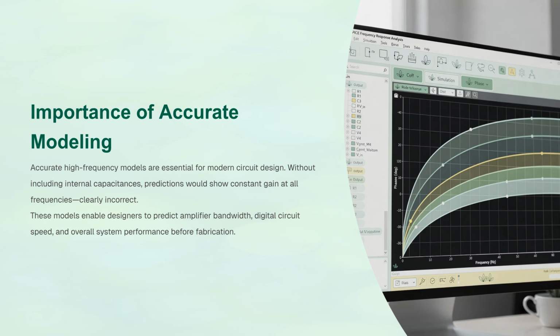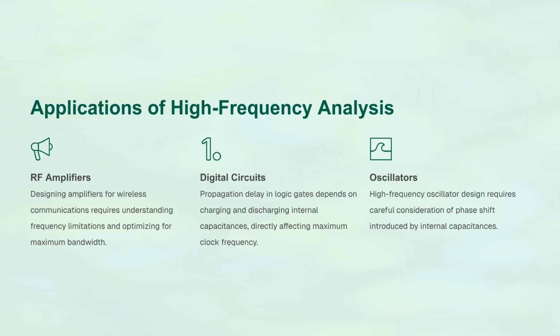Accurate high-frequency models are vital for modern circuit design. Without including internal capacitances, gain predictions would be constant, which is incorrect. These models predict bandwidth and speed before device fabrication. High-frequency analysis is applied in various areas. It's crucial for designing RF amplifiers for wireless communication, predicting propagation delay in digital circuits, and ensuring stability in high-frequency